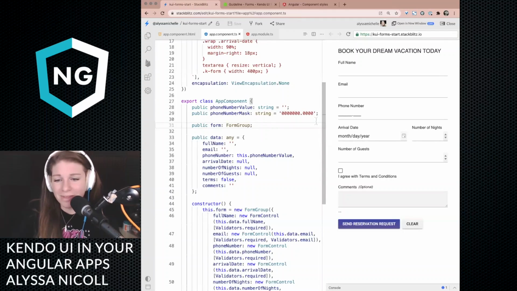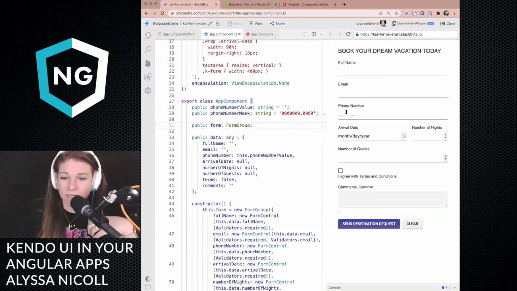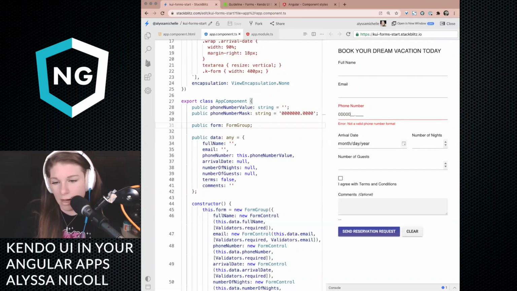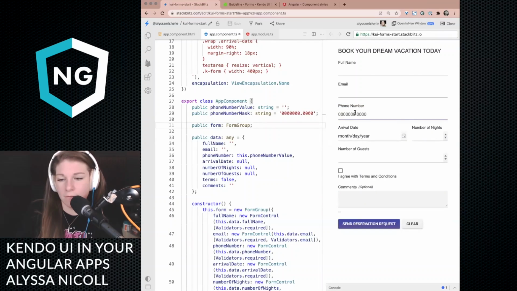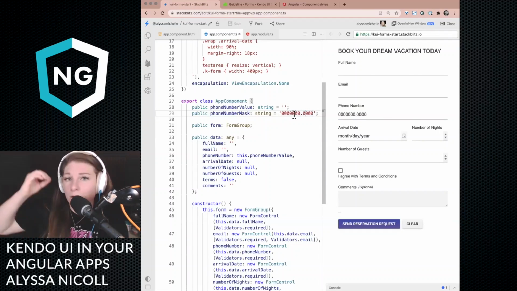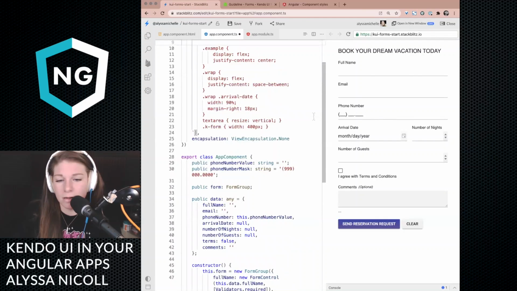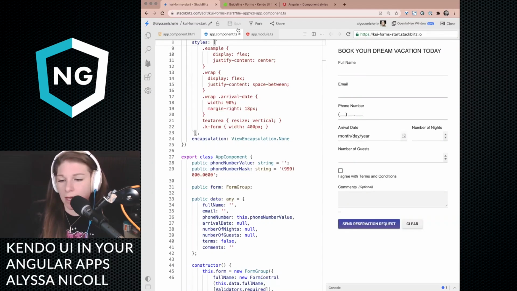So if you modify this mask, you'll see over here that our parentheses were taken out, and we still have this dot, and we should only be allowed to put 4 numbers after the dot because of what we're specifying here. Our docs go into a lot more detail about this, but I have to mention the mask because I think it's so freaking cool. Okay, I'm undoing because I want my old mask back. Any questions, feel free to shout them out. I'm going to keep moving on.